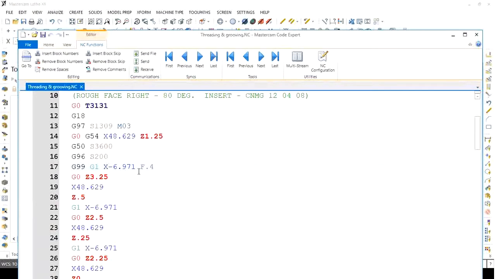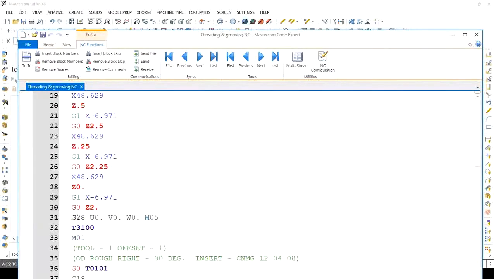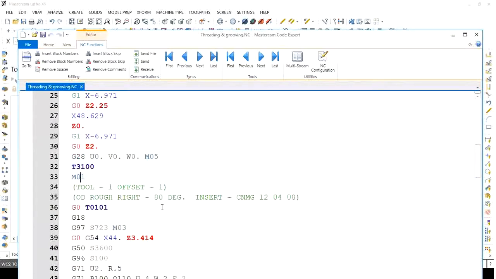As per this given coordinate data, the tool will be moved. So first is the facing operation. For that, it moves accordingly with the G1 codes. Again, rapid traverse using G0. Again, cutting operations will be carried out with G1. F is the feed rate. So all these geometrical dimensions are provided. After completing the first operation, it moves to the home position by using G28 code, U, V, W locations. So U in X, V in Y, and W in Z direction. M05 is used for spindle stop. Then next tool, M01, the next code, that is program start.